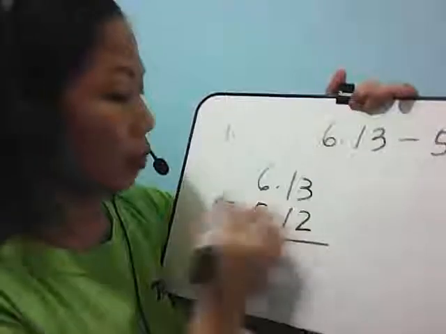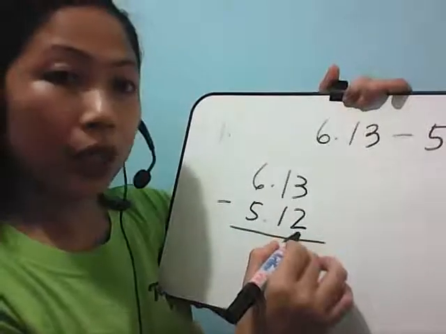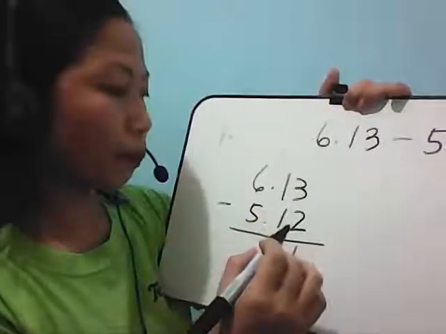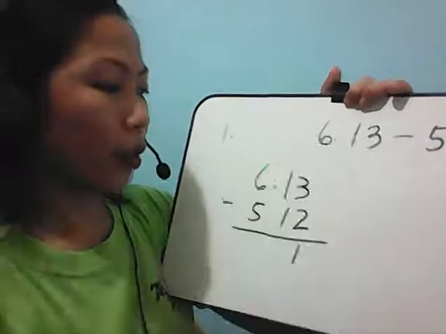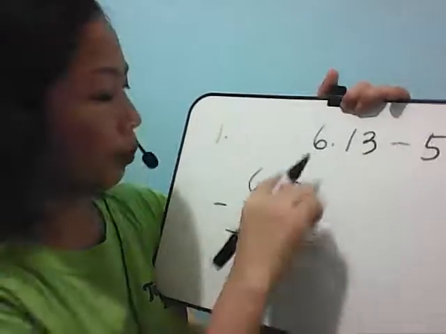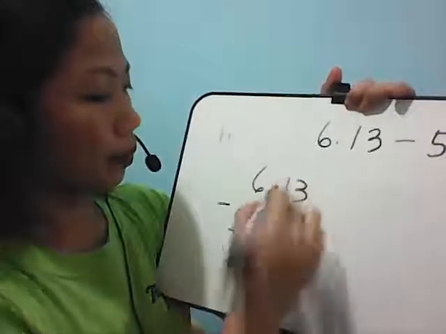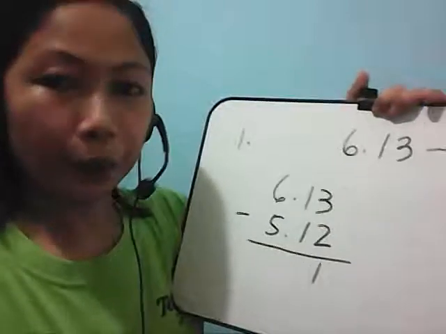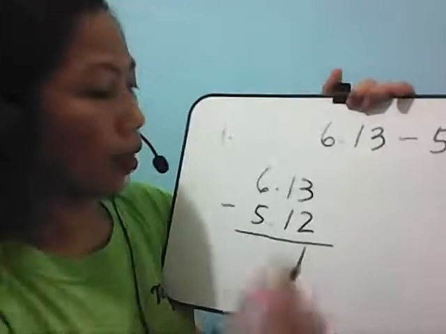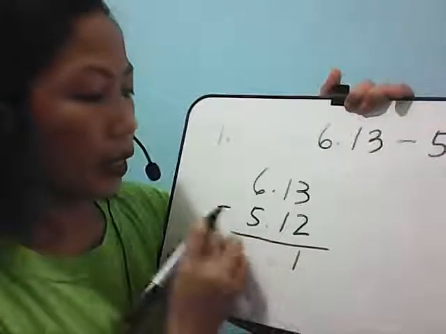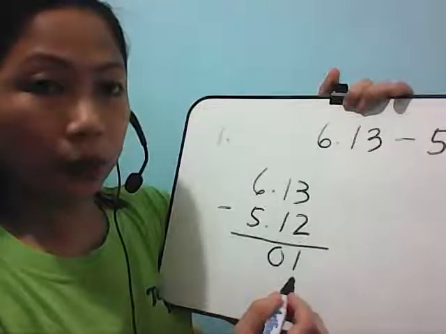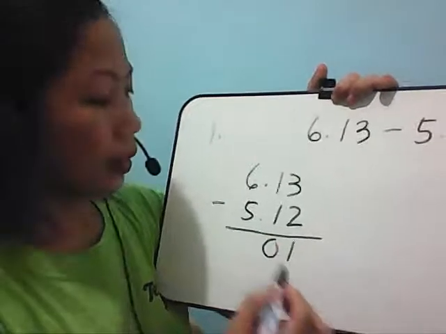Okay. 3 minus 2 is equal to how much? 1. And then, how are we going to do this? 1 minus 1. Okay. 1 minus 1 is equal to 0. Okay. And then,